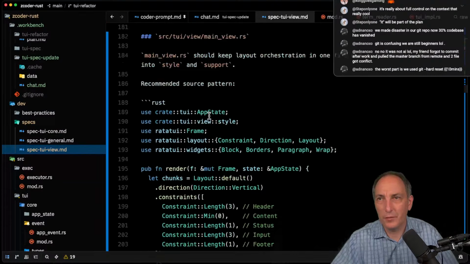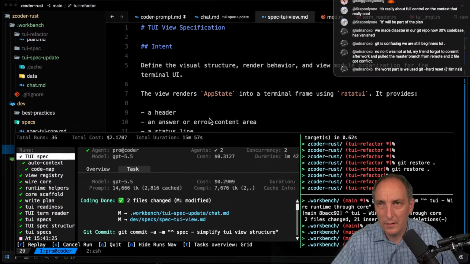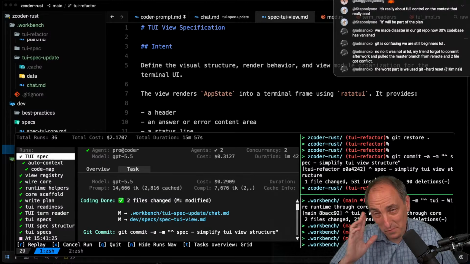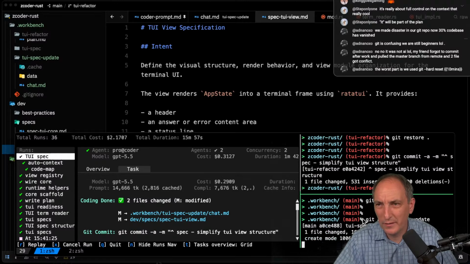Okay, this is pretty cool. So now what we're going to do is the spec here. It's going to be the same kind of branch, and that will be part of this branch, I guess. Git IC, TUI spec. I could have done it in the same Workbench, but I didn't want to update the